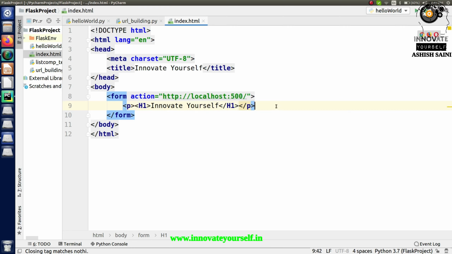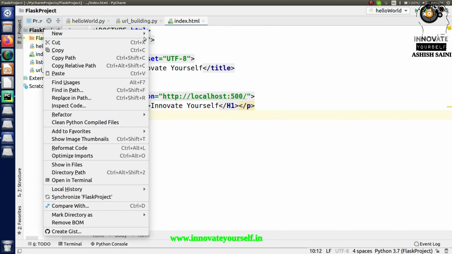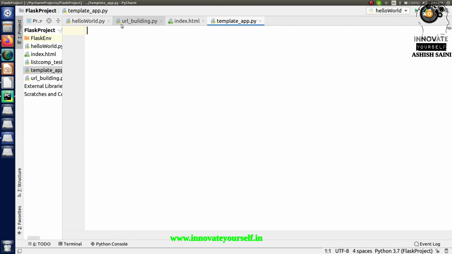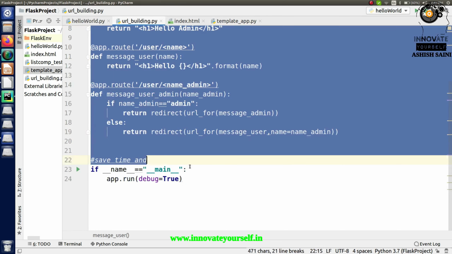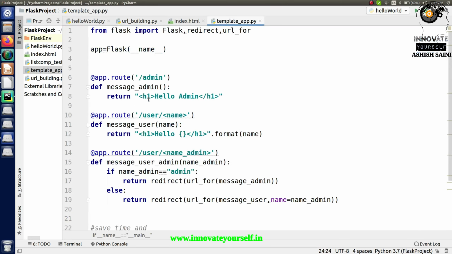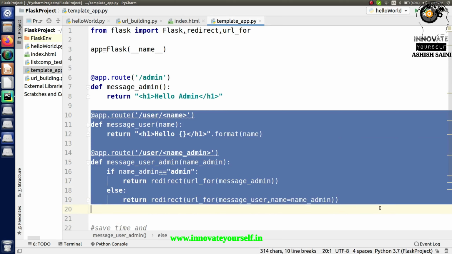And yeah, that is it for now. After that we can accordingly change this part as well, but for now let it be. Now it's time to create a new script, and in there we will create the basic Flask application. So let's say, template app. I'm giving it a name like this. Now I can copy this part because most of the things I have to remove, and many things will be the same. So for that, let's just remove this part.